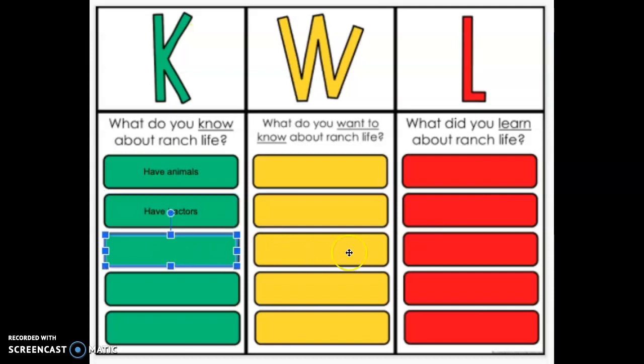We do know farms can be smelly, right? So they have that stink to them. They get stinky sometimes, and we know that because we have farms around us. All right, so I'm going to write that in there too. So some of you might know of that smell because you know that there are farms around us. So those are some things that we know. Feel free to add your own. You do not need to put the ones that I put, but I'm going to move on to what we